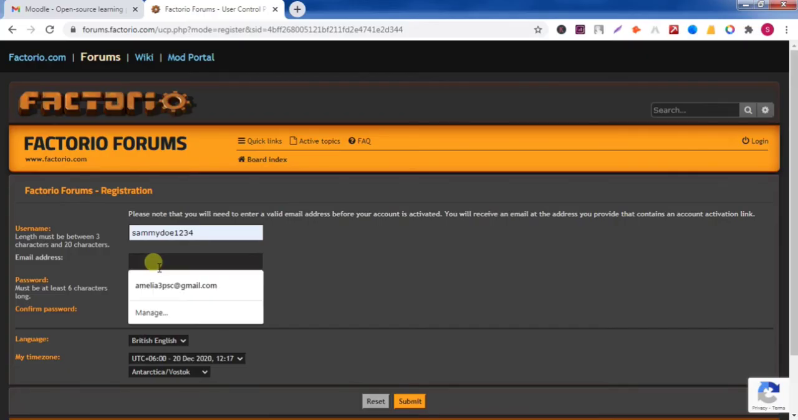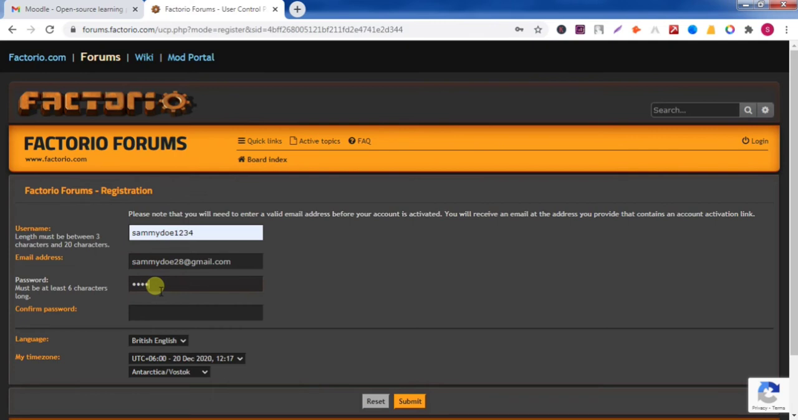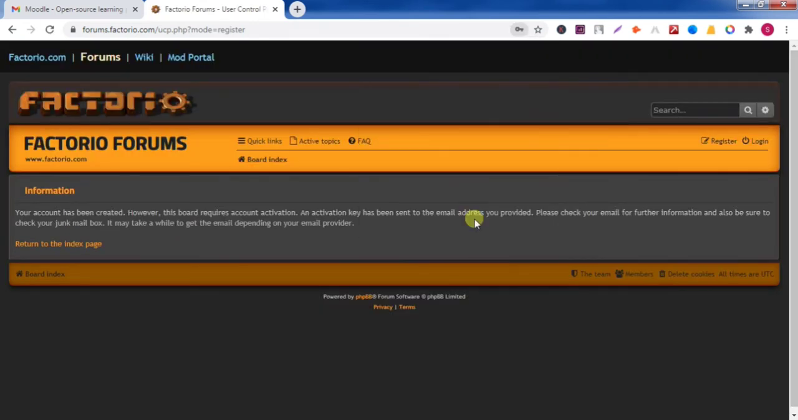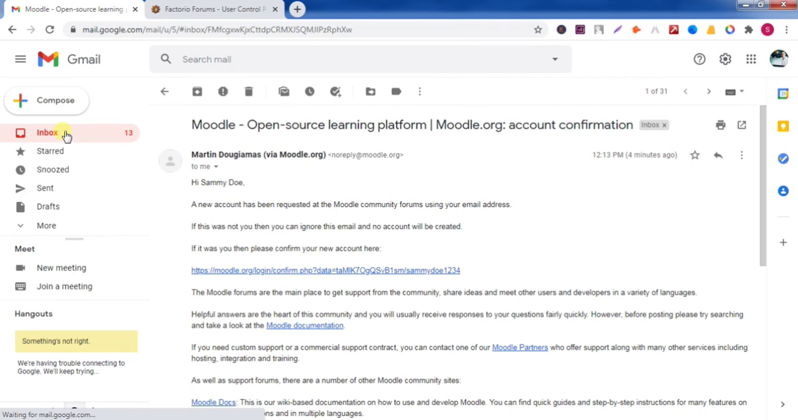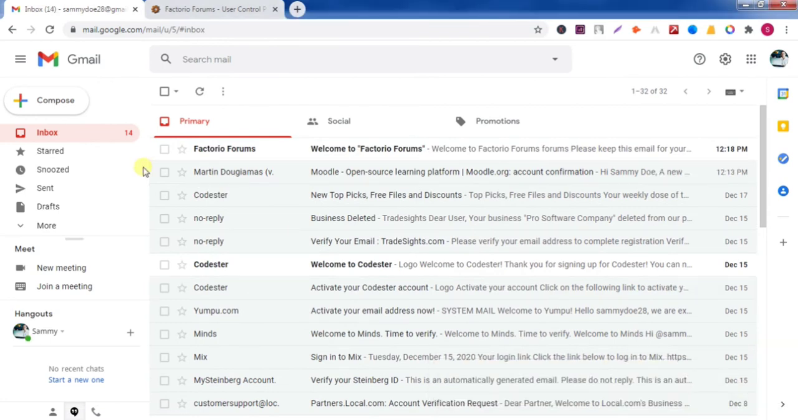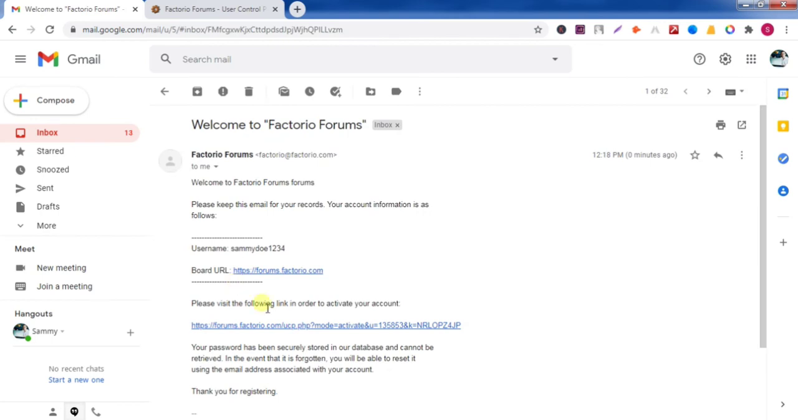I'm copying my email address, paste it here, then give a strong password. Then confirm the password. Then click on submit. Click on submit button. You can save your username and password. They sent a verification email, so check your email. They sent an email here, so click on the email, click on the link,